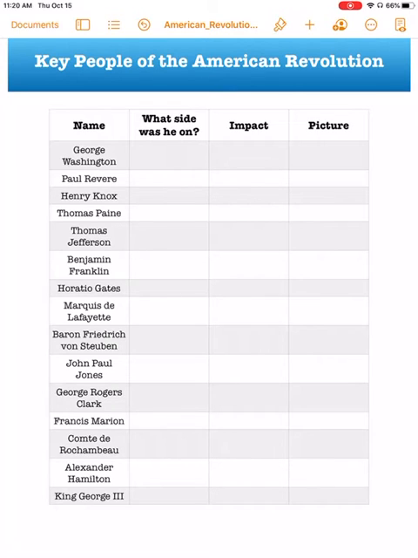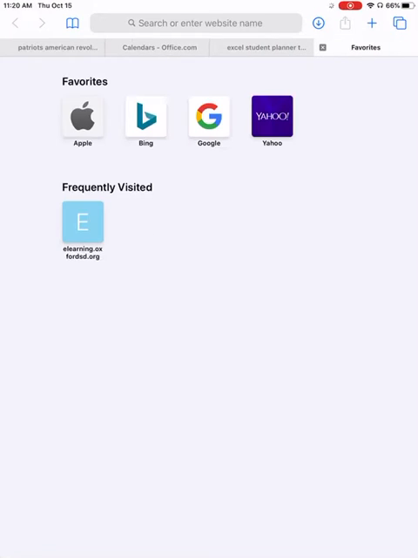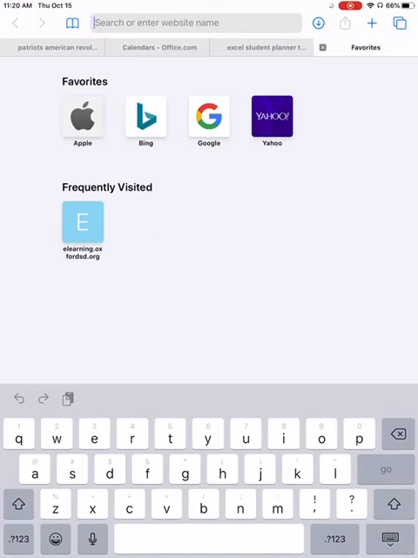And then I want you to include a picture, okay? Again, like we found the pictures yesterday. Make sure you are putting the name, and then I would put American Revolution after his name, to make sure we are finding the correct picture, like we had to do with the word patriots yesterday. And so if I'm searching,